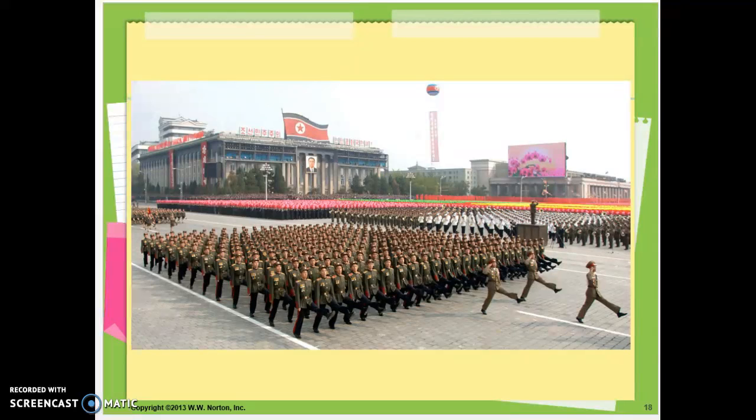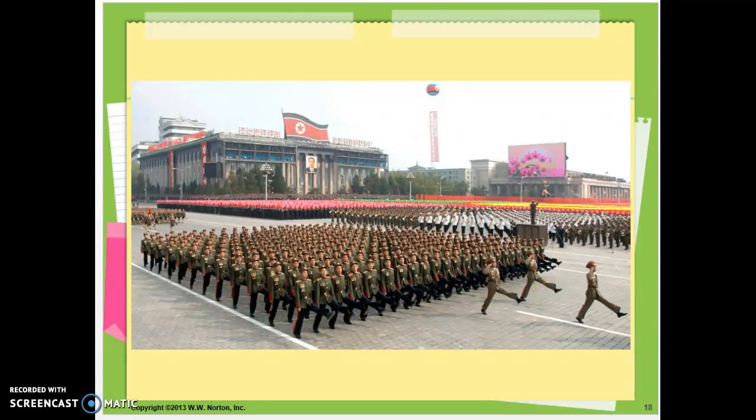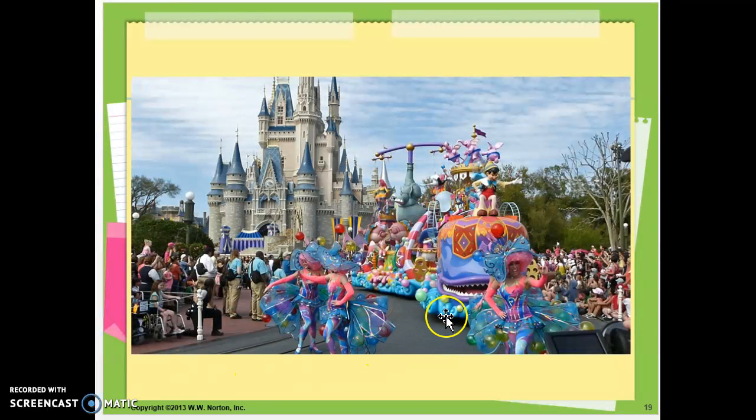So you guys look at this before I say another word. Look at them and see what are the differences. So the Disneyland parade has flamboyant colors, right, compared to the North Korean parade. The Disneyland parade has sort of outlandish fairy tale characters, and the people who are taking part in the parade are dressed in wild costumes with wild colors. Look at who is leading the parade, or who's sort of the highest up.